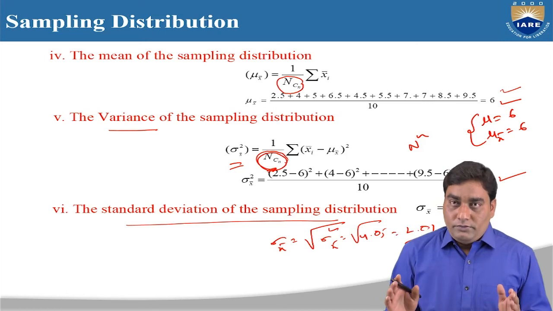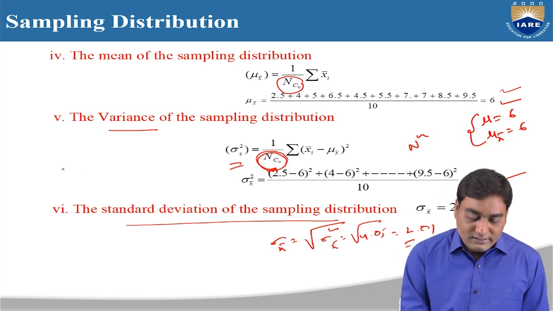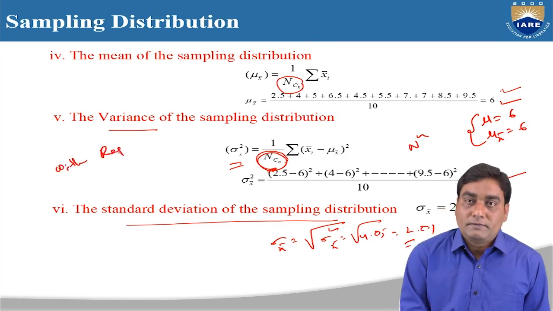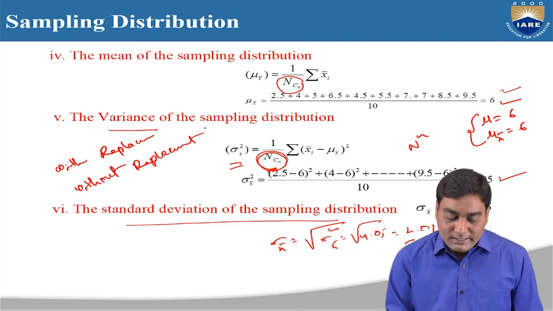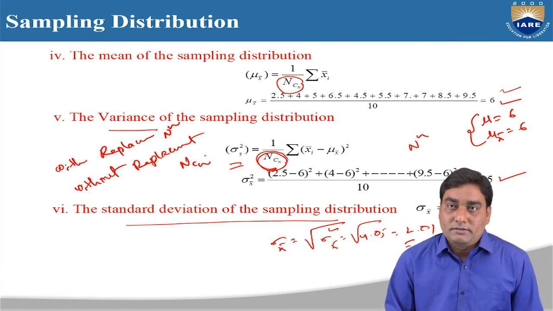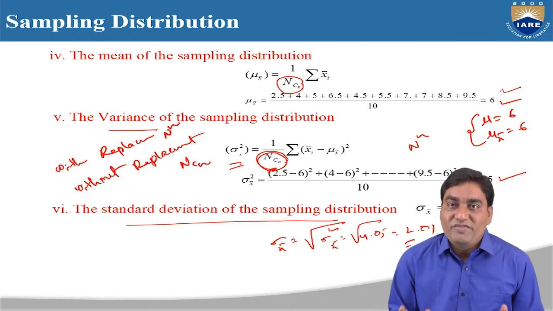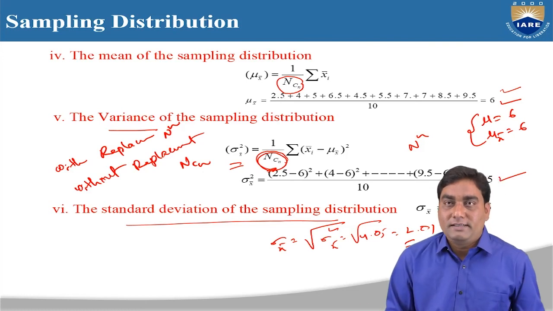Therefore, we have to solve problems on sampling distribution like this. One is with replacement and the second one is without replacement. With replacement means n power n samples. Without replacement means NCn samples. So like this, we should find the mean, variance and SD, SD meaning standard deviation, of the population. Similarly, the mean, variance and SD of the sampling distribution. And remember that the mean of the population is always equal to the mean of the sampling distribution.